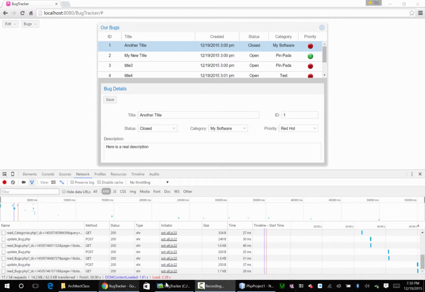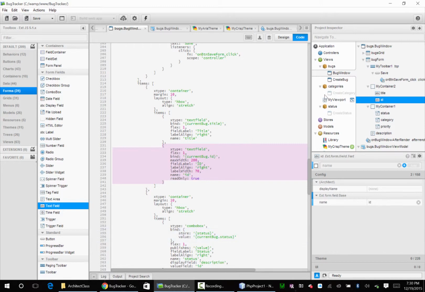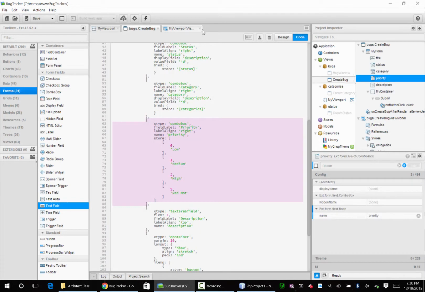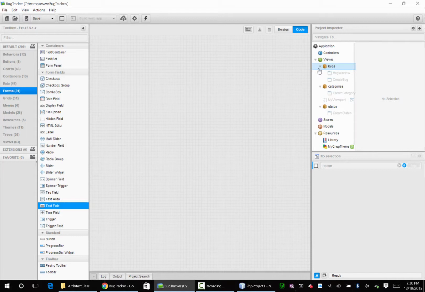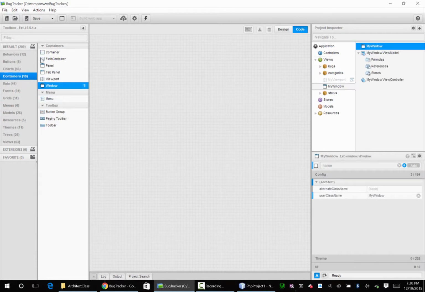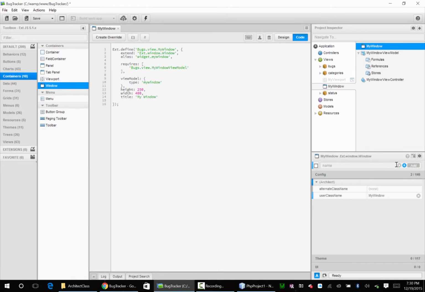Okay, let's go back over to Architect, and let's close some of this stuff out again. Too much stuff open. Too much memory here. Let's go back to, let's minimize this, this, this. We're going to do some custom resources. I'm trying to figure out how to fit them in, but I'll figure something out. Don't worry. So this window is going to be called